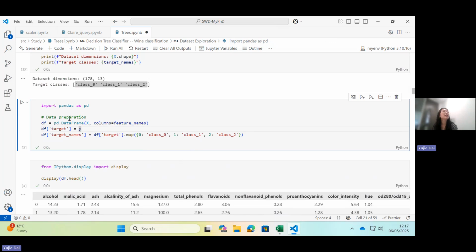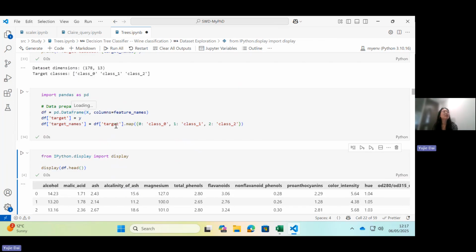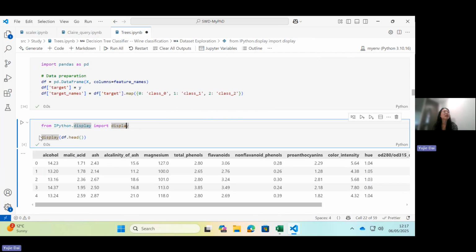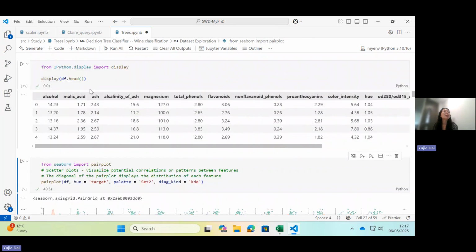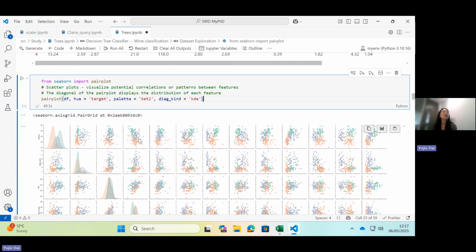We can transfer our data into a data frame, and then you can use this display function to see how the data looks like. And what you can see is all the features we have are numerical features. And if you're interested to know the potential correlations or patterns between each feature, you can use the pair plot function from the Seaborn package. And then if you run the code here, it will give you this type of